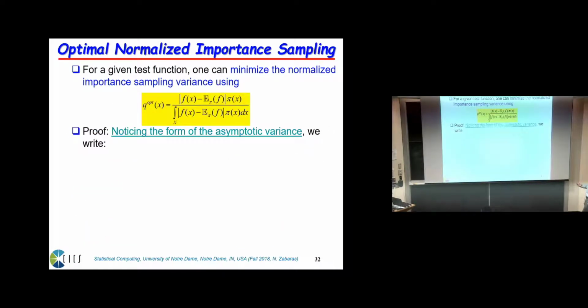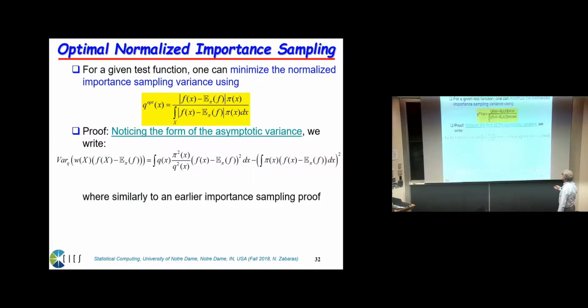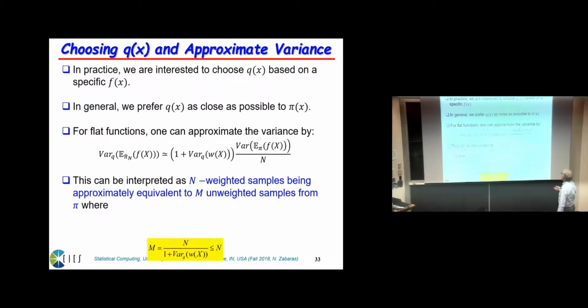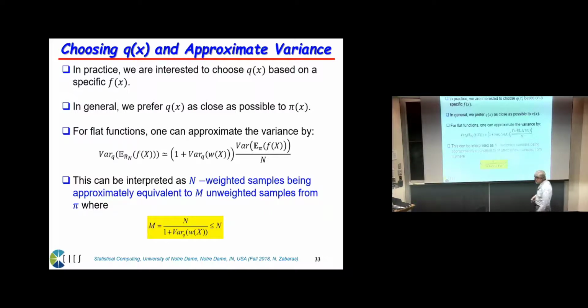And if you want to ask what is the optimal distribution for this normalized importance sampling, the calculation looks almost identical to what we had before, but here you have f minus the expectation of f inside the absolute value. I'm going too fast now, but I'm going to come back to this after the break. But when you do this importance sampling,